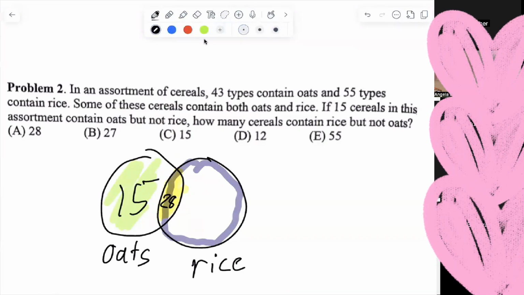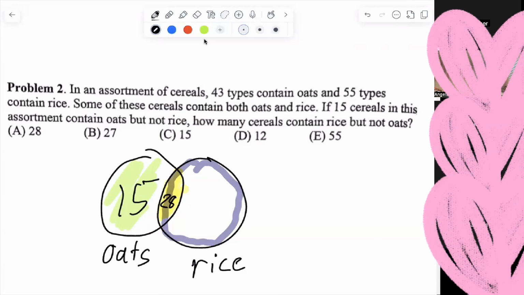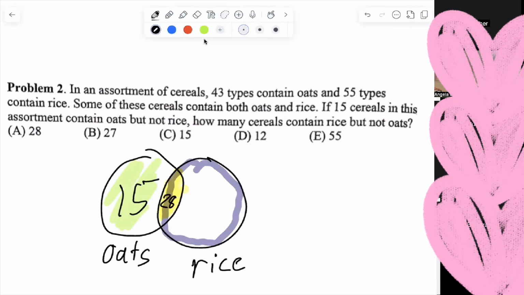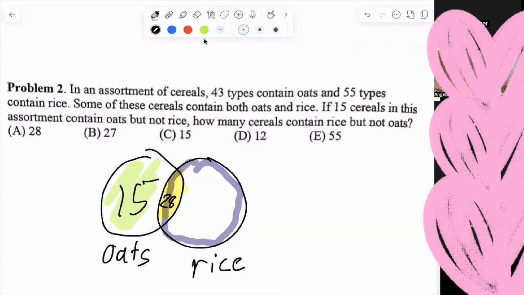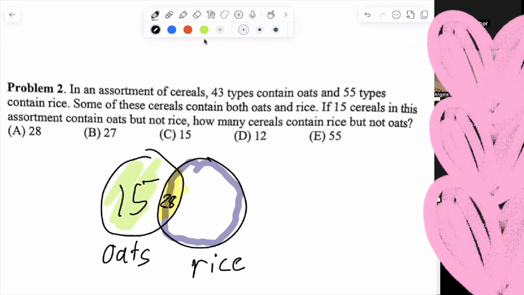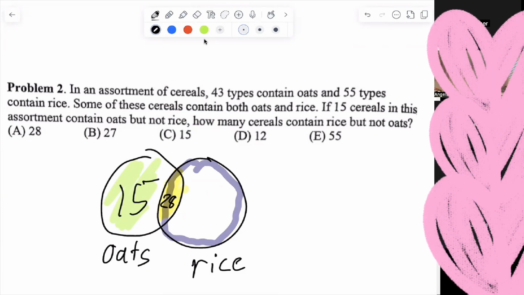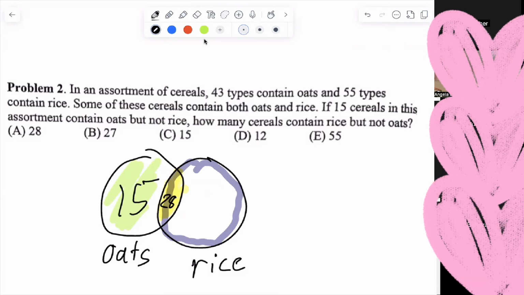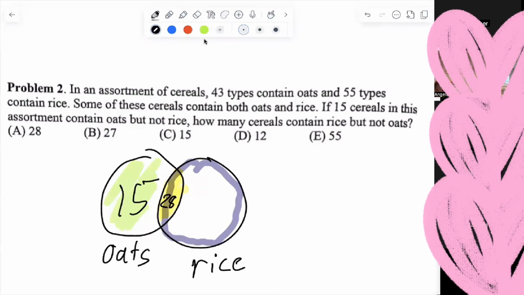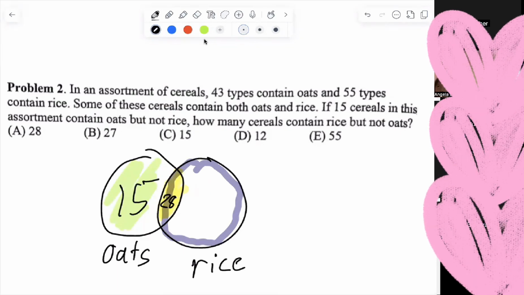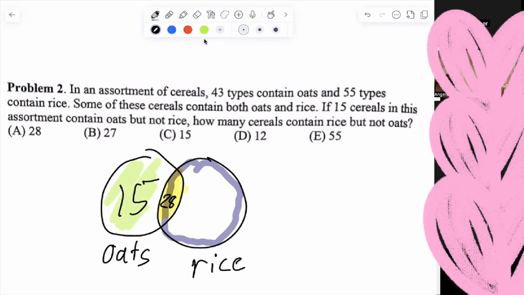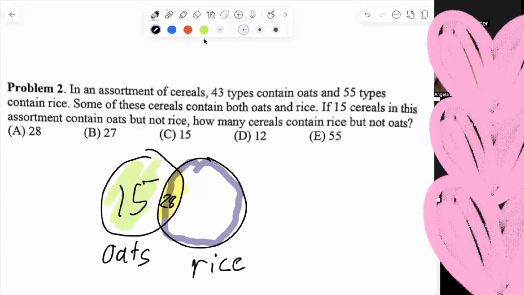And we want to find how many are rice but not oats. So we have to subtract the 28, which is the rice and oats, from the set which includes rice. Which any type of cereal includes rice. Okay? So what we have to do here is notice that total